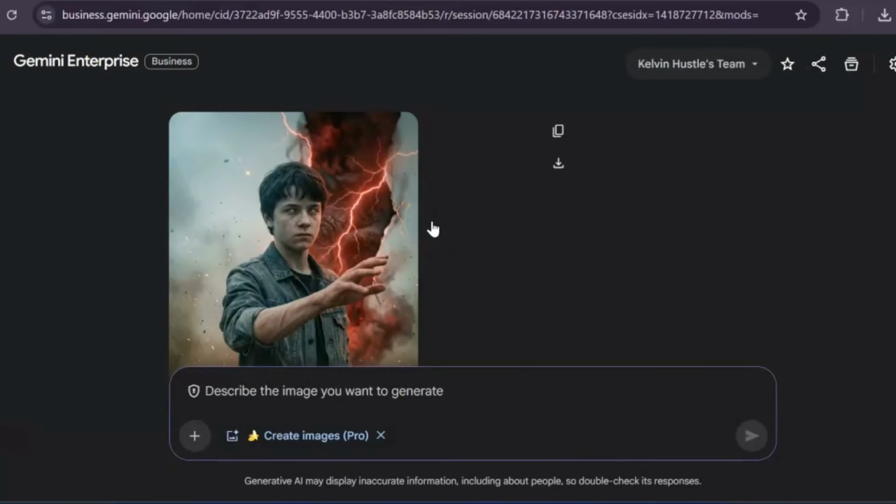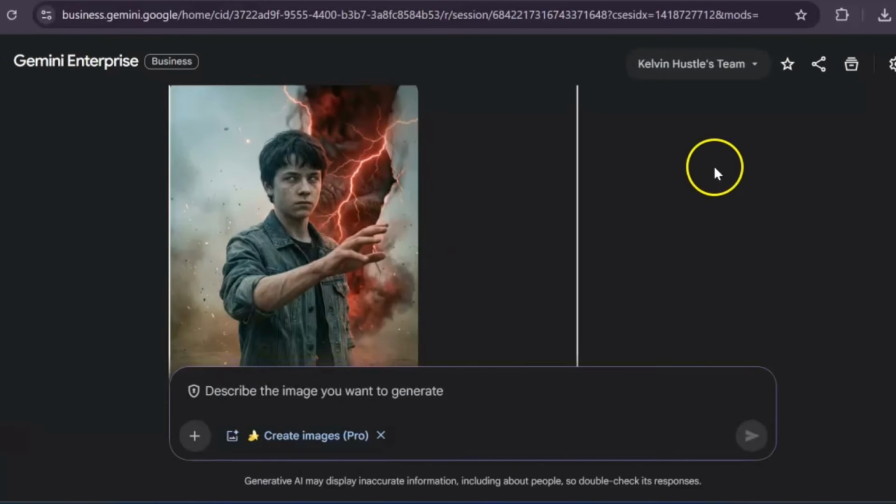So you can generate as much as you want within this 31 days. And once you are done with this, you go ahead and use another email called business rotation. With that being said and done, let us move to the second method on how we can use the Nano